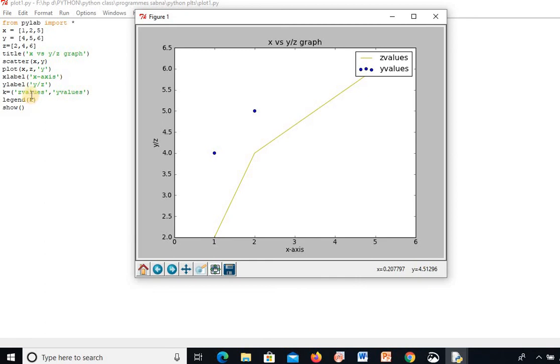The first one I have plotted is the scatter plot. The second one I have plotted is x and z. So I've got x values, z values and y values. Resuming back, what you've got is plot y values and z values. If I'm putting legend within the parenthesis, what I'll be getting is this. I have scattered the y values and plotted the z values, and I have labeled